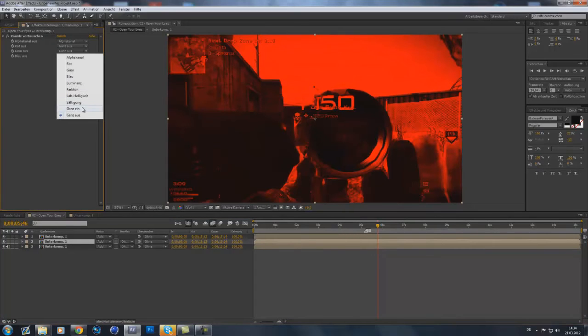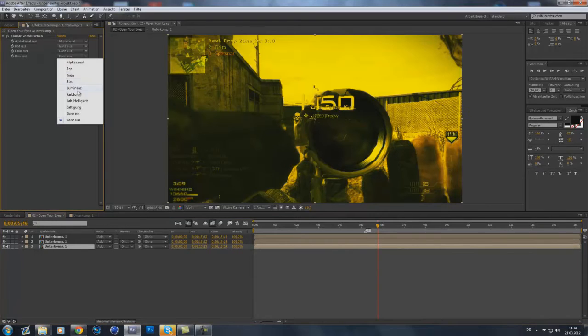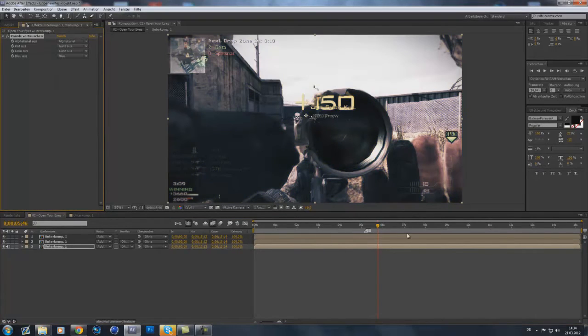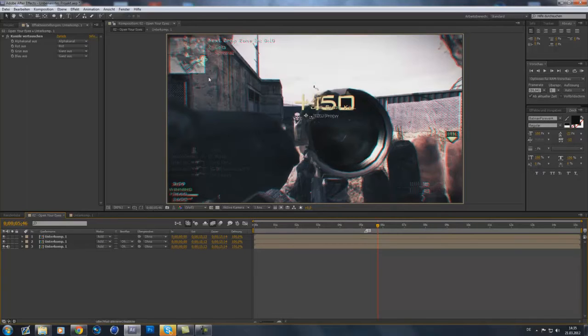Set this one to green. So we have the red and green channel now, and this one to blue. So we have our red, green and blue channels at back, and this one makes it look normal again. But if we scale this one up, press S, scale, by about 1%, you will see that you have this really cool effect, which is called RGB-Split,